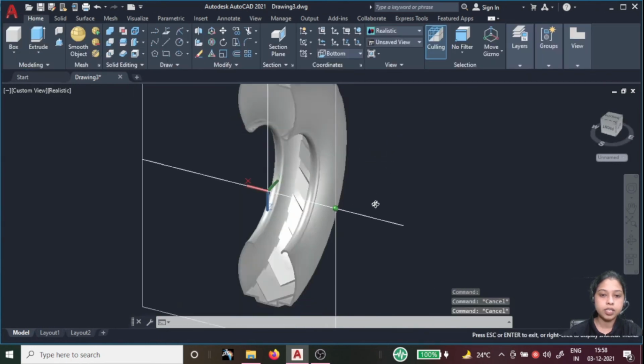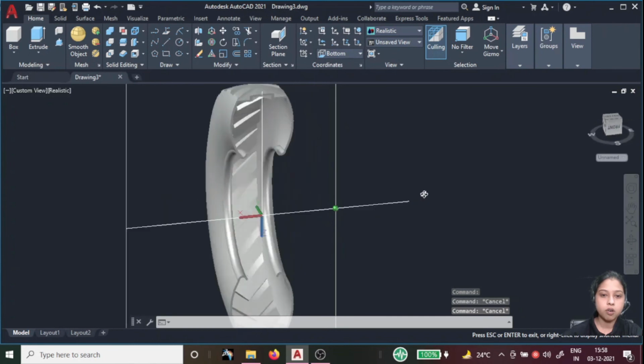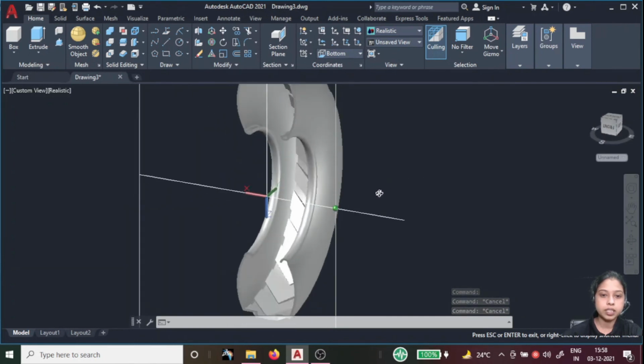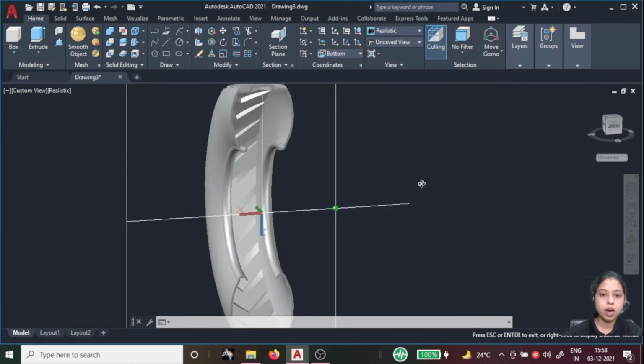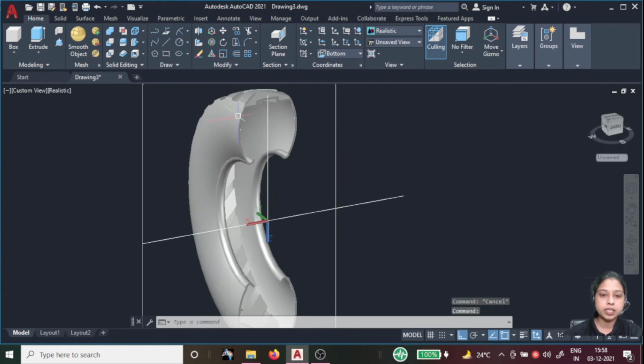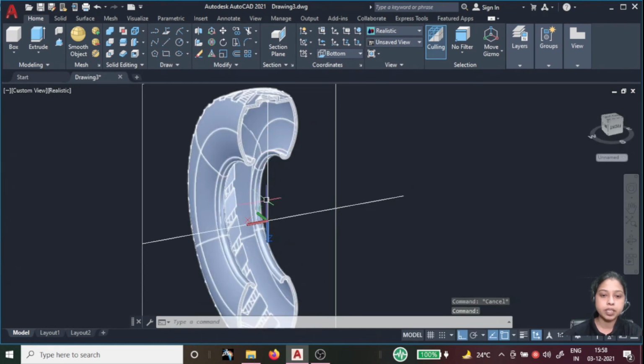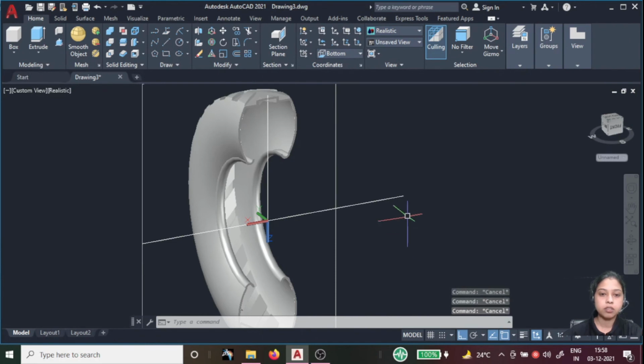See, now it is cut. See, all my interior parts are hollow, and the thickness of my material is 5 mm. Okay, now you can see it is very clearly shaded. Now we can observe.